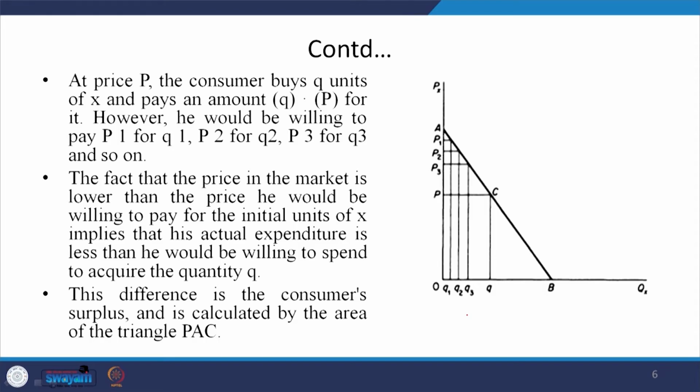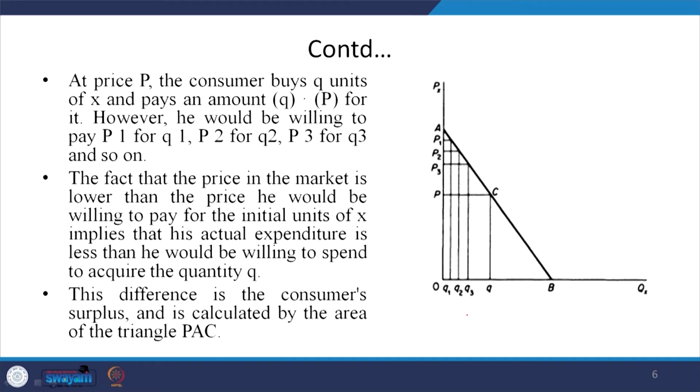From this graph you can see the same thing: the maximum price at which the quantity demanded is 0 is OA, but when the market price declines and becomes OP1, the consumer is willing to consume OQ1. When the market price goes down further to OP2, the consumer is willing to take OQ2, and in this way this demand curve is showing an inverse relationship between the price of the product and the quantity demanded, and it is because the marginal utility